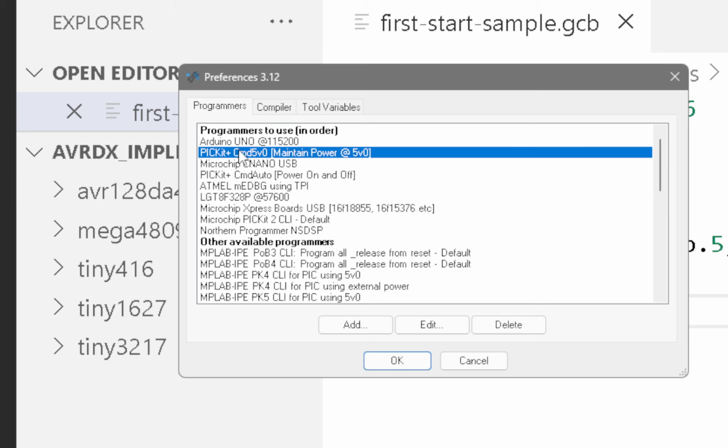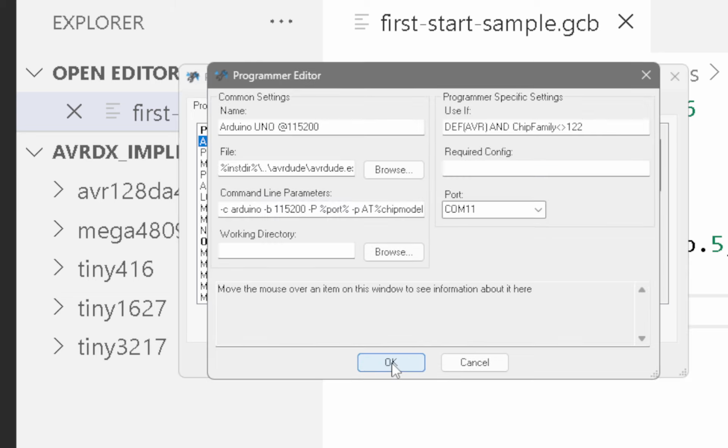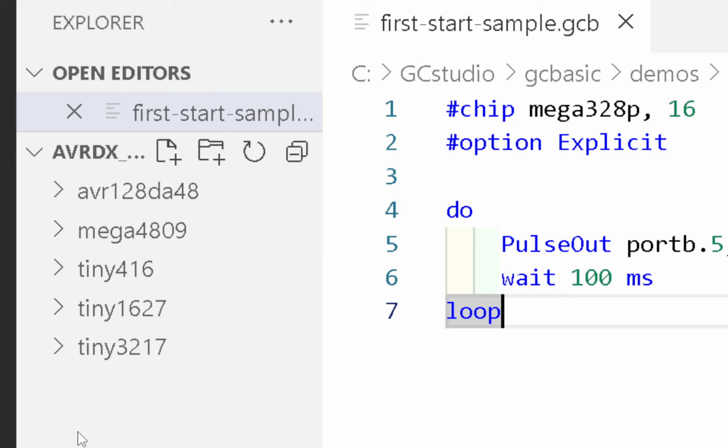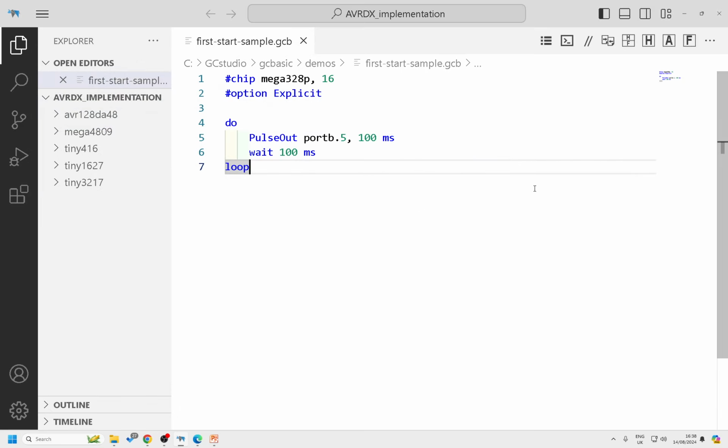Essentially, I've got an Uno at the top and I'm just going to edit the settings to make sure I've got it plugged into COM11. It says I'm on COM11. Fine, I don't care. If you go back to the zoom, where we were,